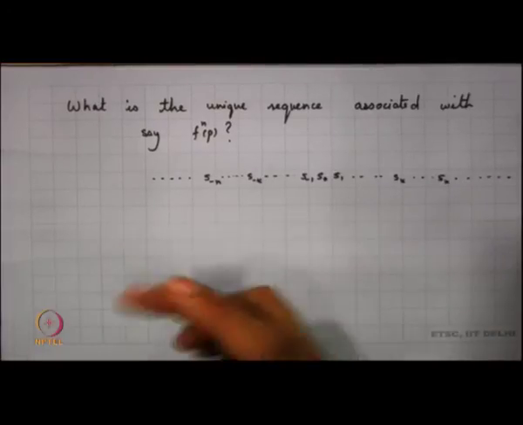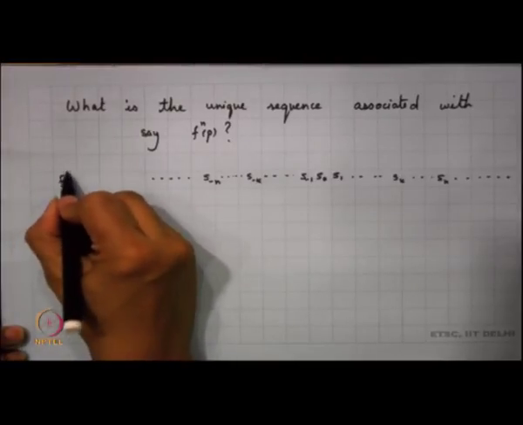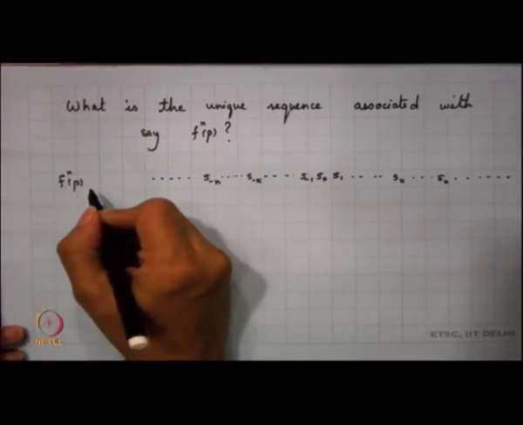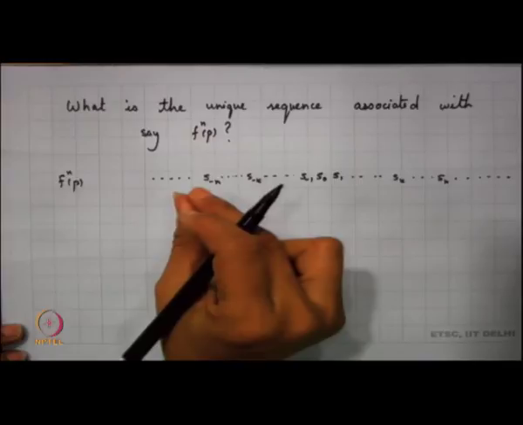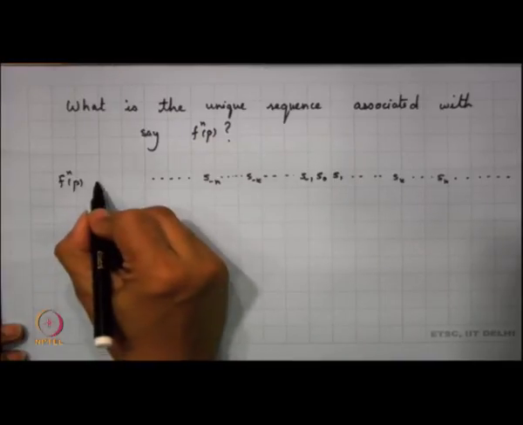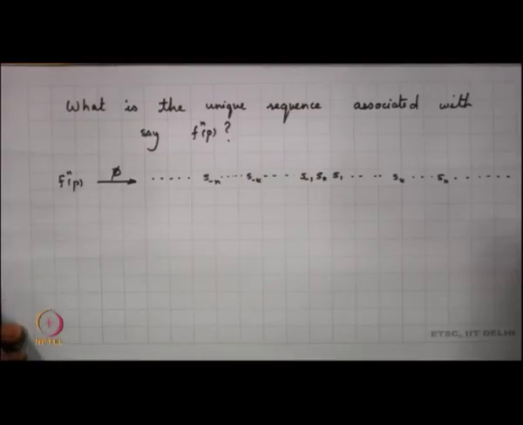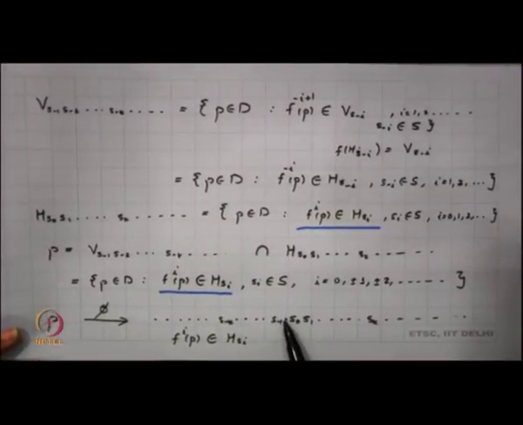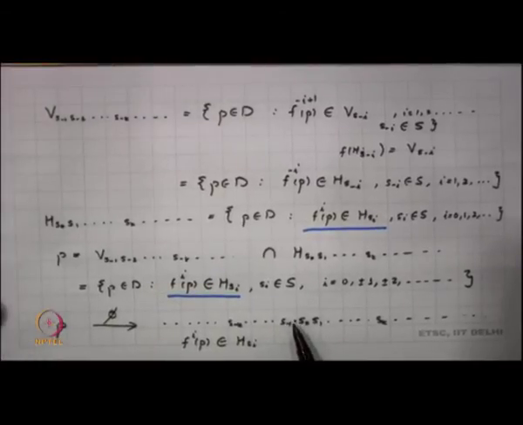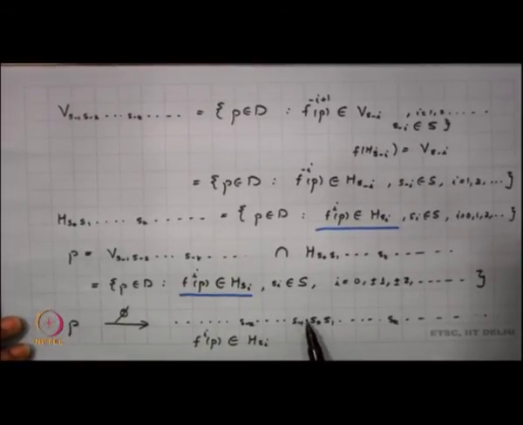So, what happens to F and P? If I want to note what happens to my F and P, at the zeroth part, it should belong to H of Sn. So, we can say that this association can be given in terms of the bi-infinite sequence. If we look into this particular bi-infinite sequence where it was mapped to, we know that if NP belongs to H of Si, my decimal point was here. So, when I am looking into what happens to Fn of P, what is the association, it is going to remain in the same sequence.